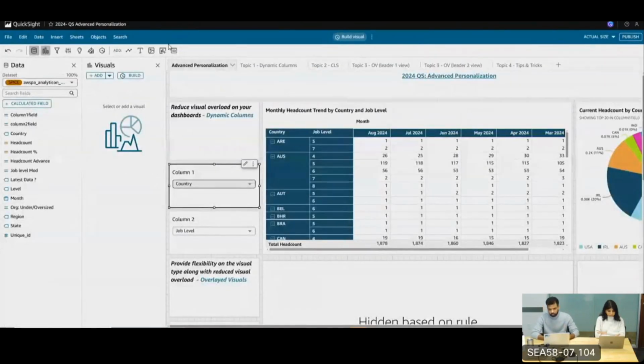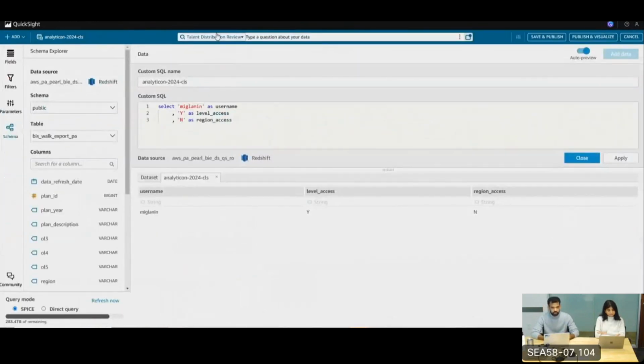For this one, you have to start by creating a data set. This is a data set which I'm creating. You can start creating a data set and define a simple table here. What I'm doing is it should have a username, every username of who should have access to this data. And then for level access,